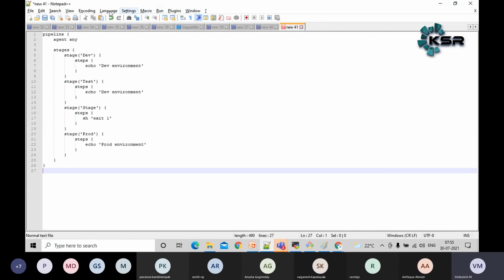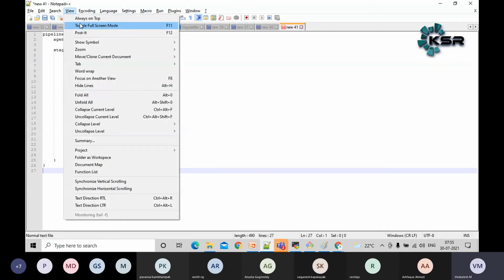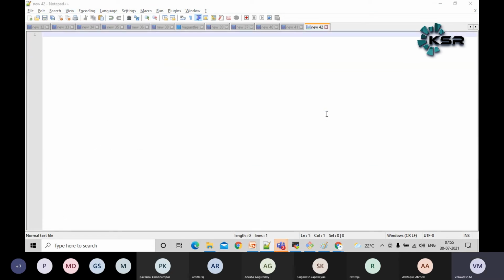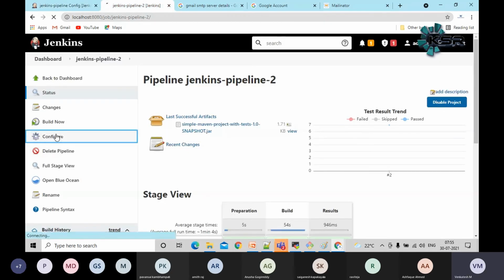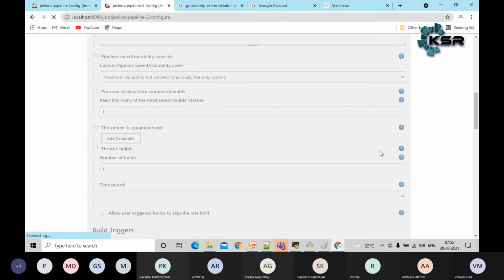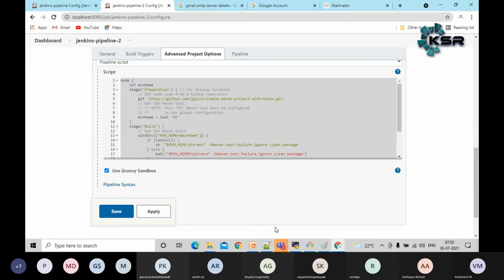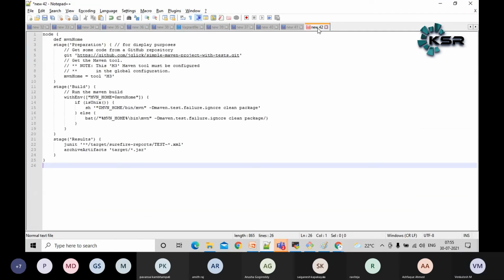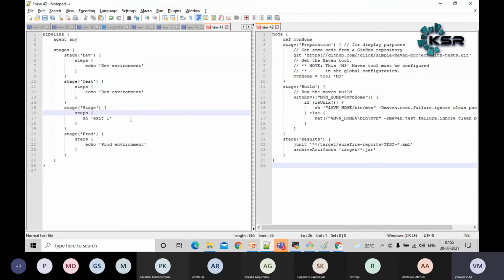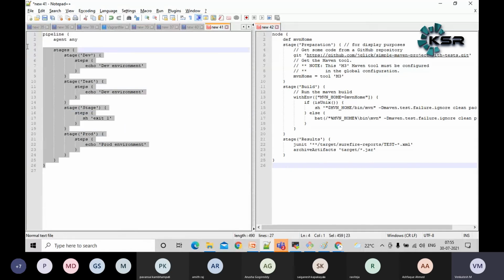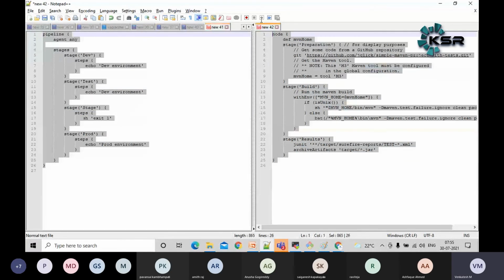One type of code. Do you guys have any idea if there is some way to toggle to show multiple screens at a time? Let me copy the other piece of code which I have created just now. Move to another view, I guess. Okay, guys, if you see, the way this declarative code is written is different. This is like Groovy scripting, guys. Both are quite different. Whatever you want to choose, you can choose.